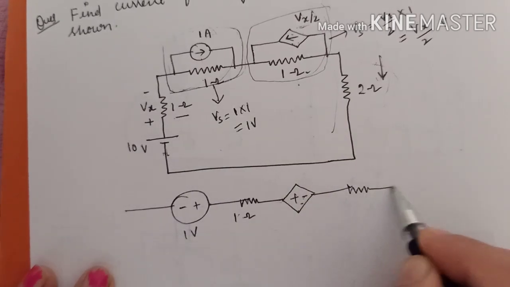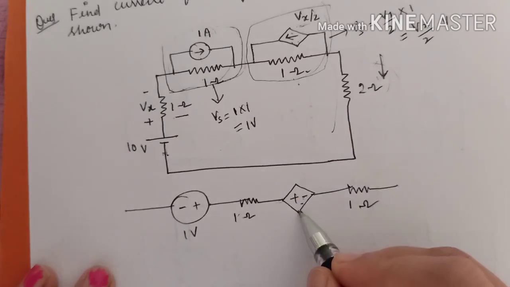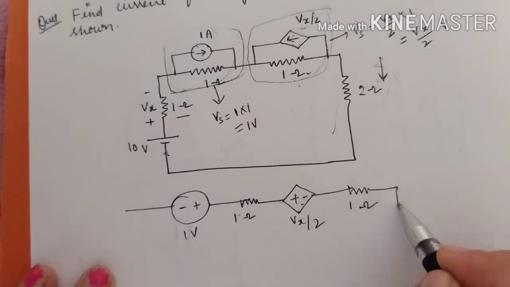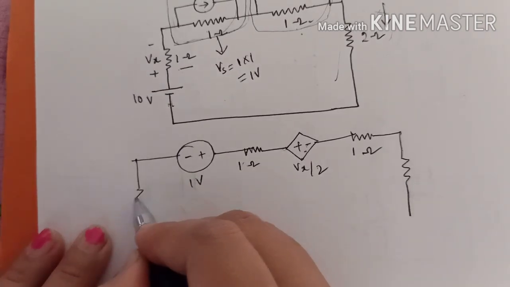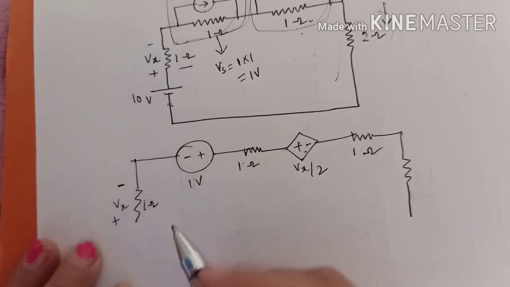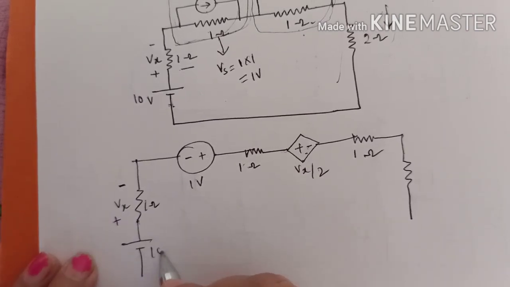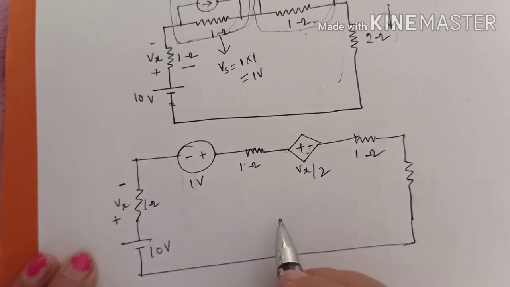So one internal resistance also you connect. The value of internal resistance is 1 ohm, and the value of this voltage source is Vx by 2. This you calculated. Clear? Now the 2 ohm resistor is connected. Here one resistor was connected, and the voltage across this resistor was Vx. One independent source was there, and the value of that source was 10. So this is your simplified circuit.